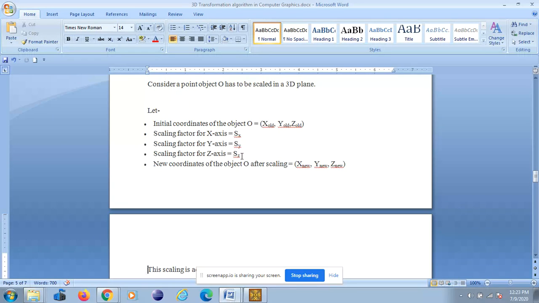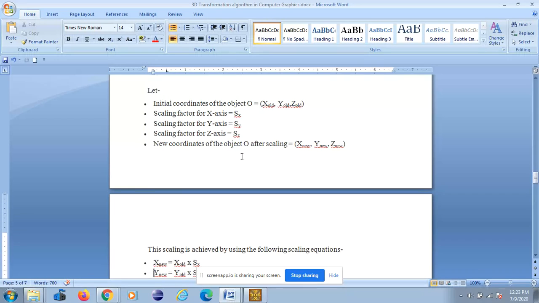After giving the scaling factors as input, we get the new coordinates of the object. Obviously the original values along all three axes will change and take new values after scaling the object.